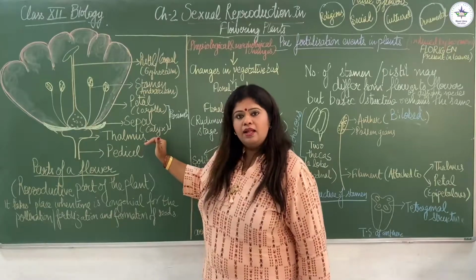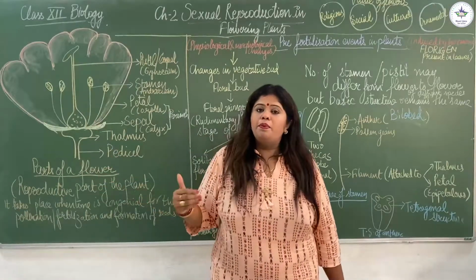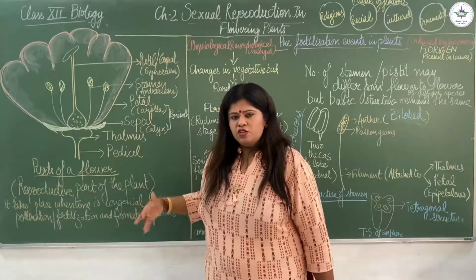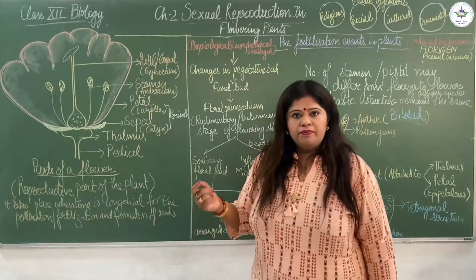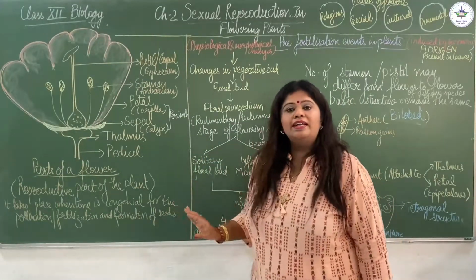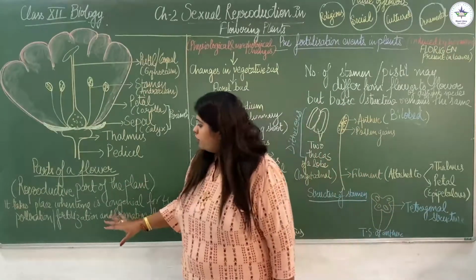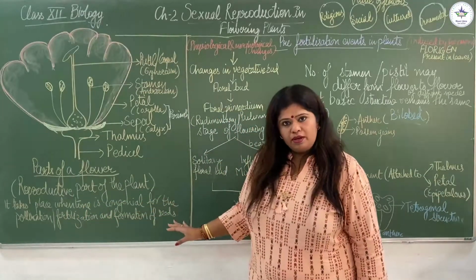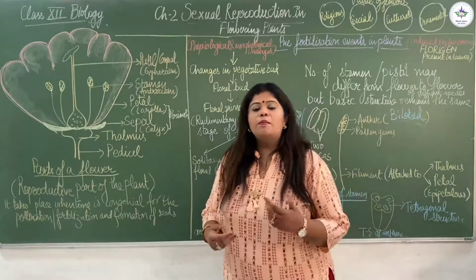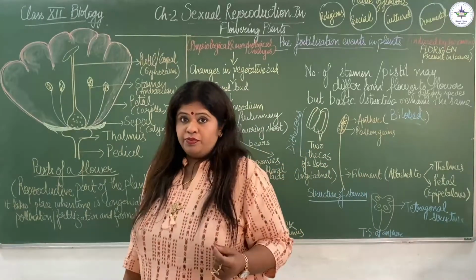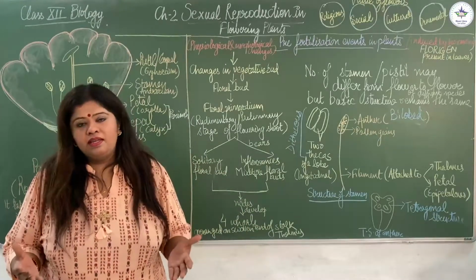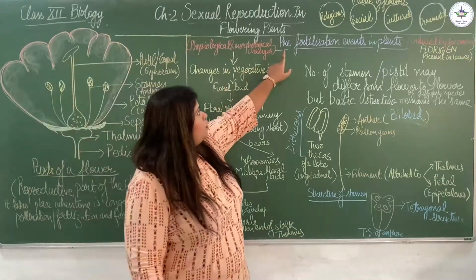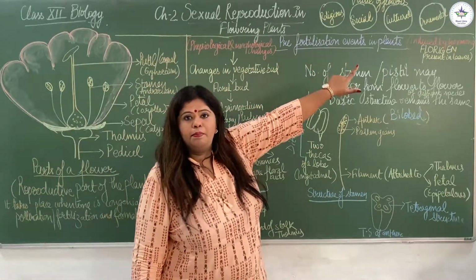The pedicel helps the flower to get attached to a branch or a stalk of the plant. So these are the important parts of a flower. So when is a flower formed in a plant? The flower is formed in a plant only when the conditions are conducive. So the formation of the flower takes place when the time is congenial for pollination, fertilization and the formation of the seeds. Before the flower is formed, there are a lot of events that take place in a plant. These are all referred to as the pre-fertilization events in the plants.